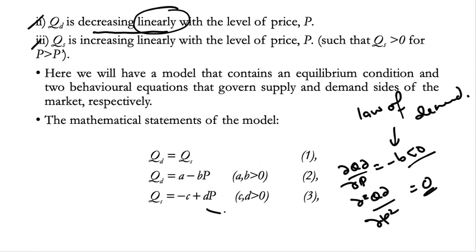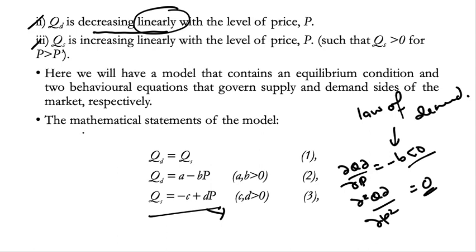Okay, so the same thing goes for supply. You can check it yourself. But supply here, as you can see, if you take the first derivative, it has a positive relationship between price and quantity supply, and we can see the coefficient here. The values of C and D must be positive as well. So here you can see quantity supply is increasing linearly with the level of price. So it has a positive relationship between price and quantity supply. So these are the